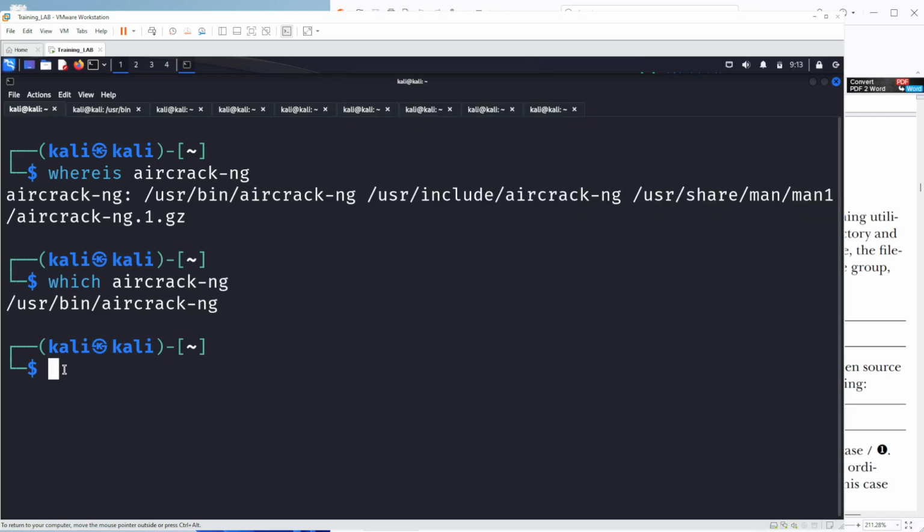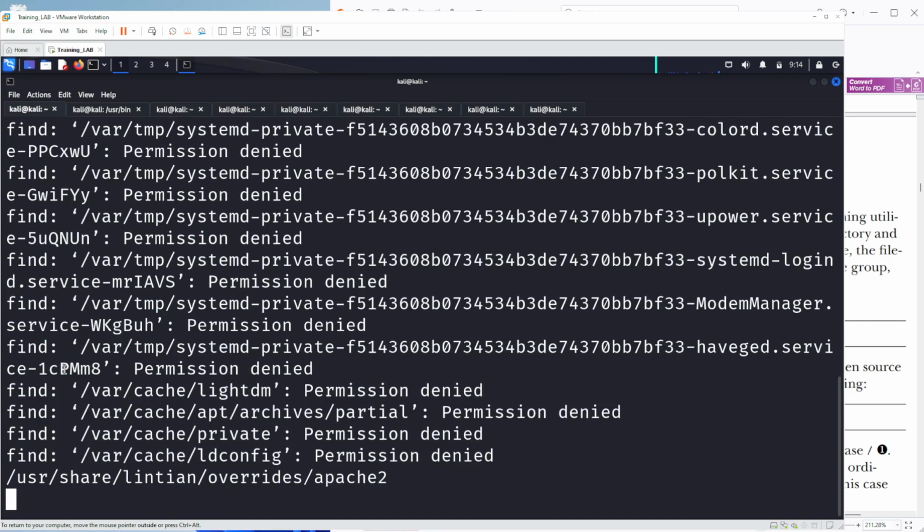So let's write exactly what they have here. We have find slash, that means this is at the root level, the file system layer. This is the directory they want us to search. Then we have -type, with f for file and d for directory. Then we have -name of what we are looking for, which is a file, Apache. Apache2 is a web server we use on Linux. So if we type this, it should give us,